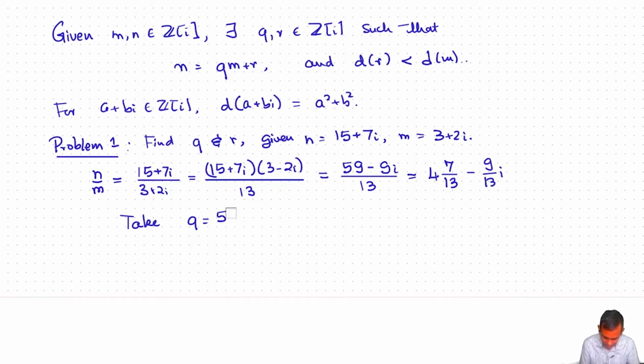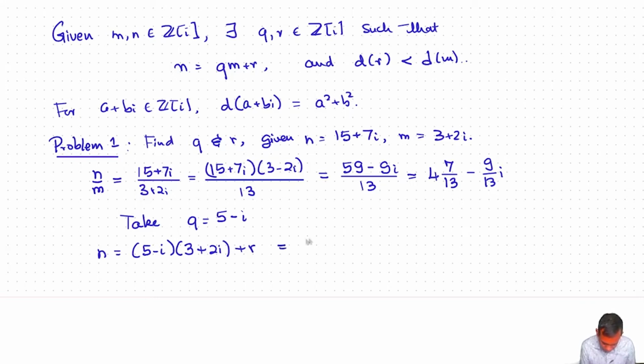So let's take 5 minus i, and so now if we try to write n equals 5 minus i into 3 plus 2i plus r, then we can solve this to get